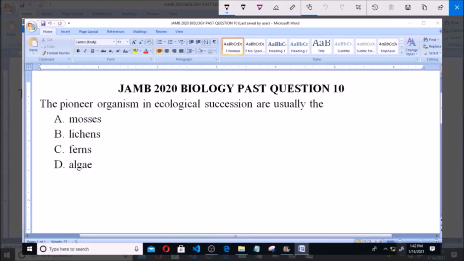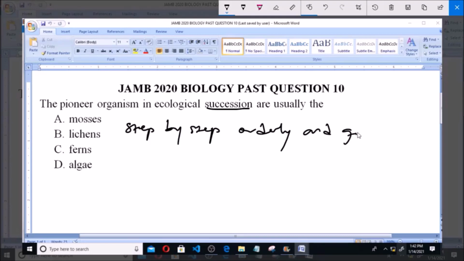I'll be answering JAMB 2020 Biology past question 10. The pioneer organism in ecological succession are usually the A. Mosses, B. Lichens, C. Ferns, and D. Algae. Now I'll start with the term succession, ecological succession. Now succession is defined as the step-by-step, orderly, and gradual replacement